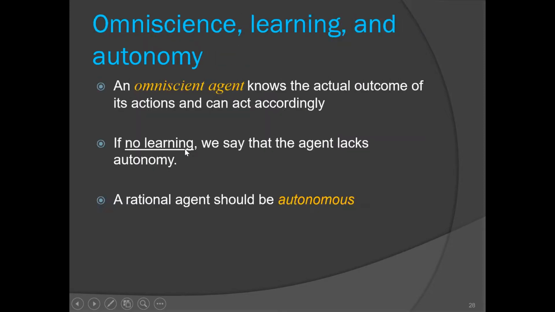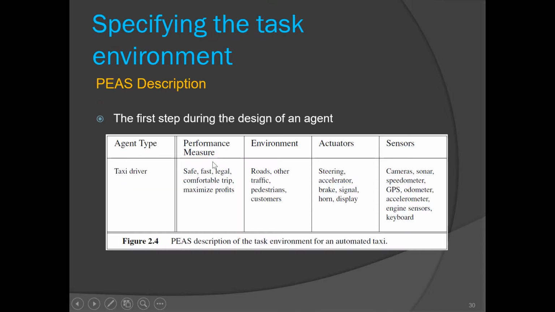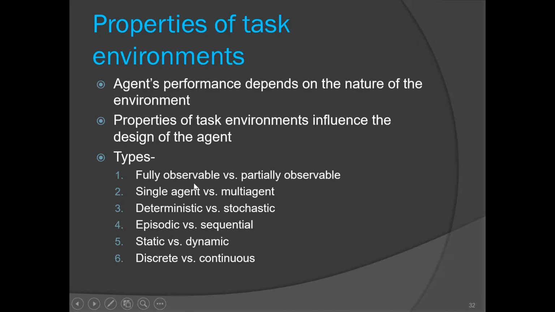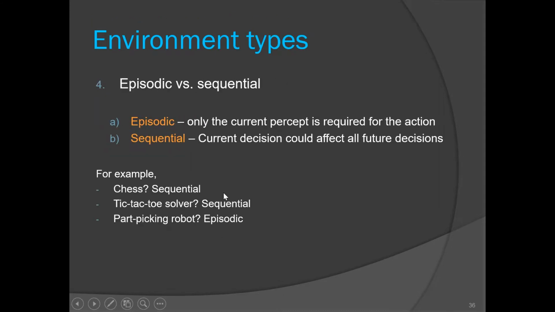parameters. Then we talked about omniscient, how it is different from a rational agent, okay. Omniscient agents are those who know the actual outcome of their actions. Then we talked about the PEAS description, right, how to describe our task environment. So we actually form such a table and try to describe the environment entirely. Then we talked about different types of environment, like fully observable versus partially observable, single agent versus multi-agent, deterministic versus stochastic, and some environments will be easy and some will be difficult, right?